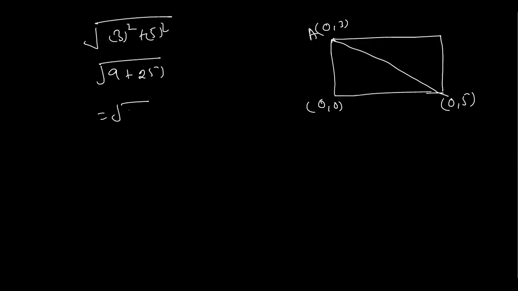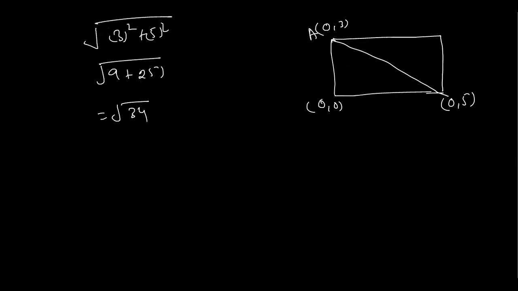Yes, sir. That is option C. Yeah, this is option C, because if I take this one OA, then OAB, you cannot take it, means for the diagonal you have to take the coordinates in systematic order. So here you have taken this 0 comma 3, so this will be lying on the y-axis and this will be lying on the x-axis. So this is possible. So you can take the diagonal of this one, and here you can write 3 square plus 5 square under root, then you will get 9 plus 25 under root, then you will get root 34. Got it?